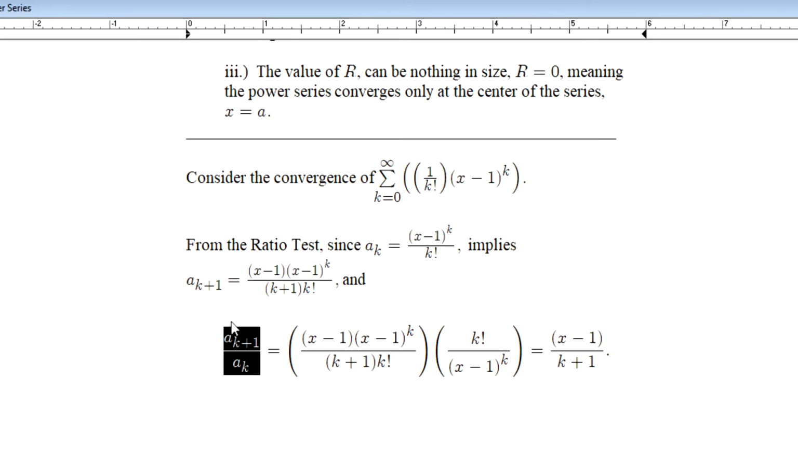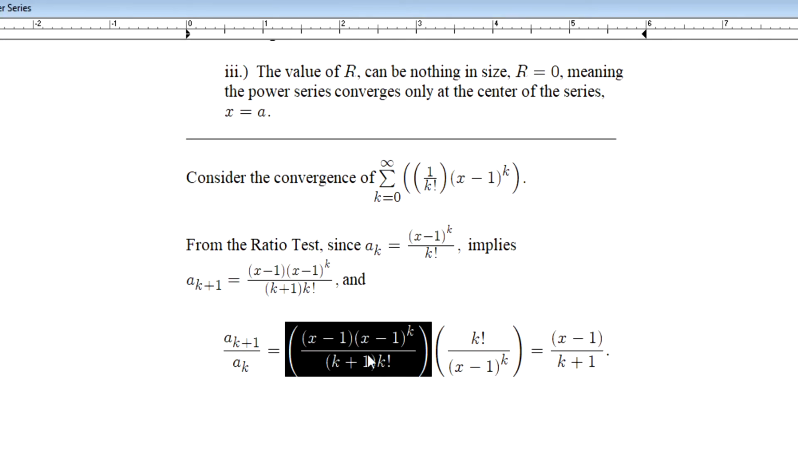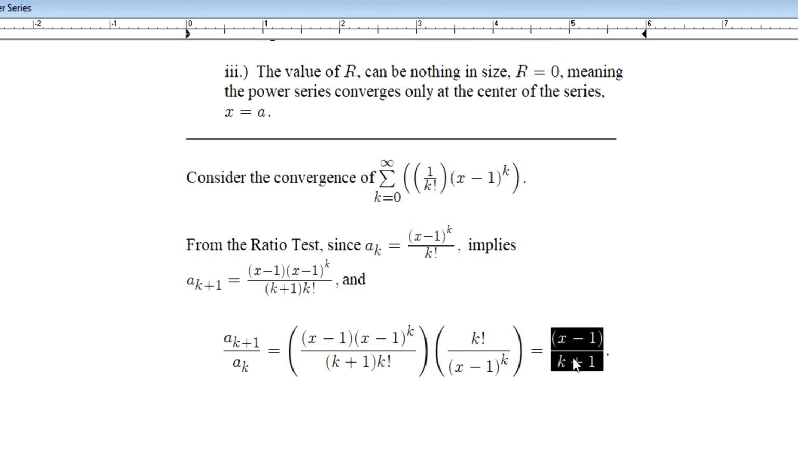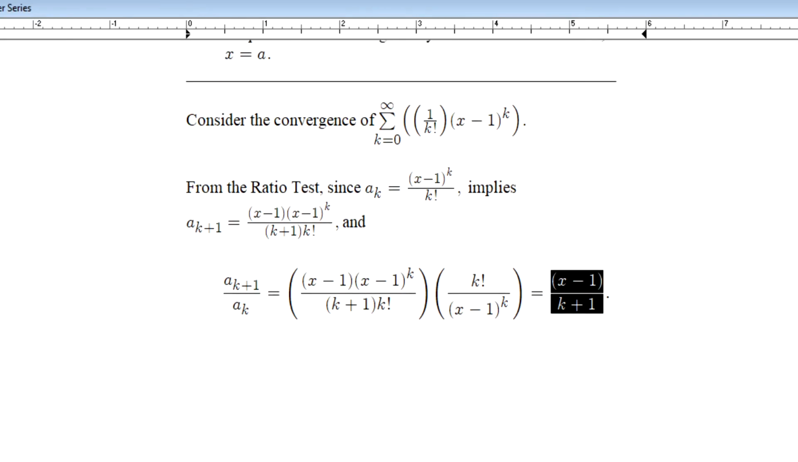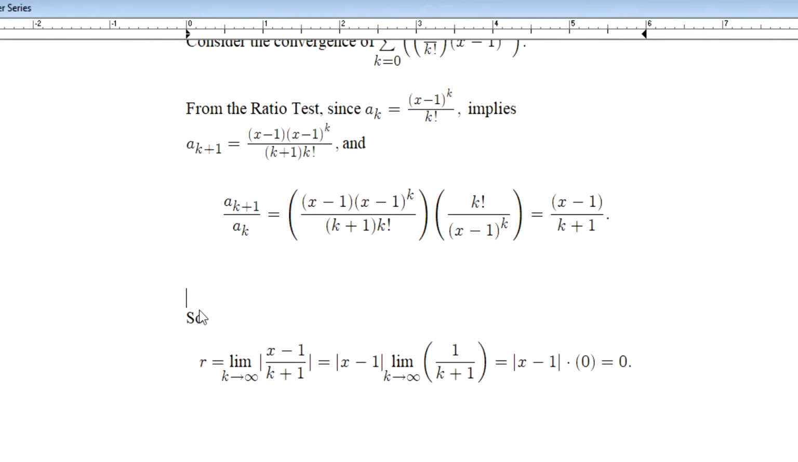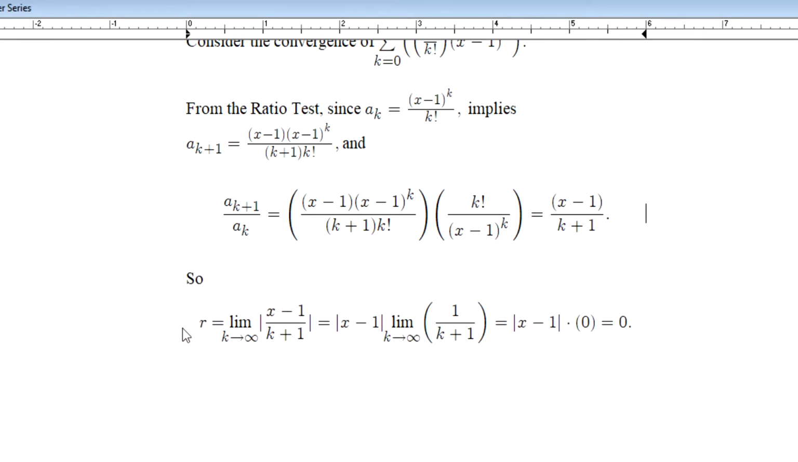Right? When we consider the ratio of a sub k plus 1 to a sub k, multiplying by the reciprocal of a sub k, we get some nice canceling happening. And we get this end result, x minus 1, evaluated at k plus 1. Now if we consider our value for r, what's going to be the limit as k heads to infinity